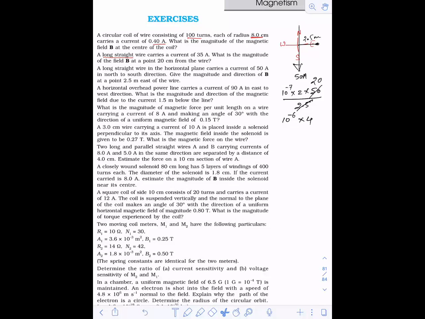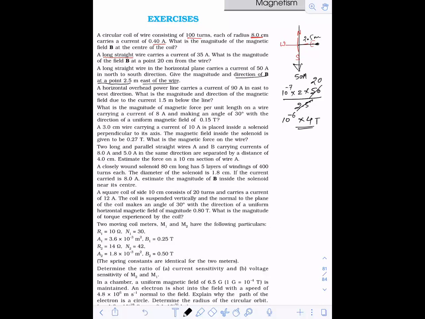So 4 into 10 to the power minus 6 Tesla is the value for question number 3. And the direction they have asked us, the direction of B at a point 2.5 meter east of the wire. So now what you have to do is